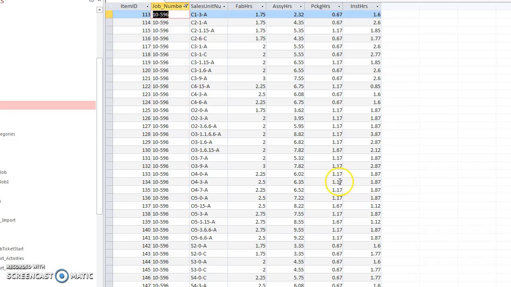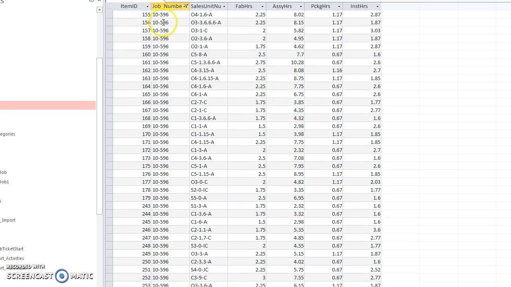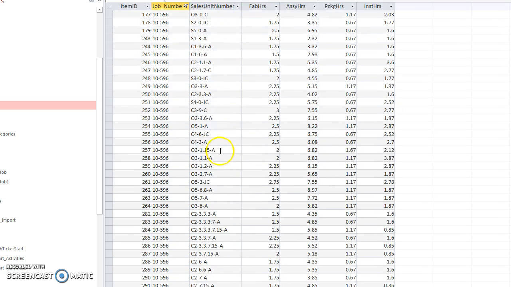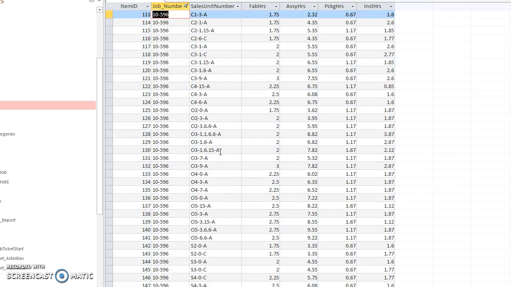Okay, this is my improvement for the week. We've been working on getting our data together for the monitoring. One of the things we did is we came up with a sales unit number figure that gives us the information about the unit and all the attributes that affect the labor, both for the shop and the field. But the number got kind of complex, and I was doing this job with Vince, this 10596 job,